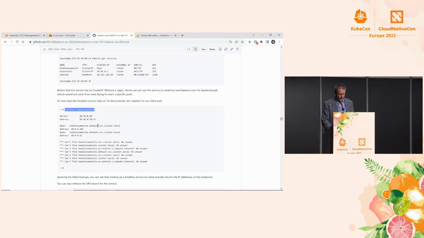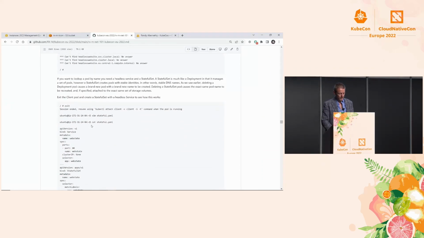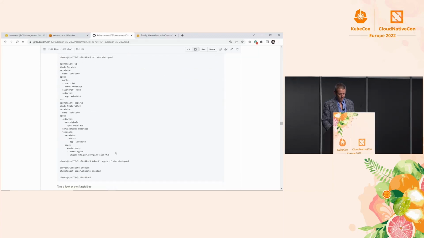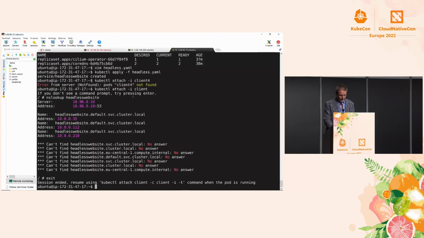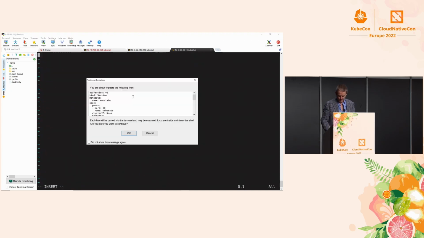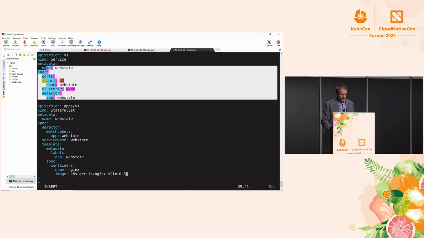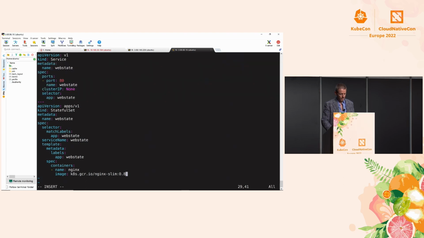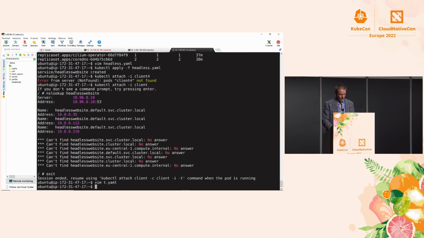But the idea then is to take this to the next level, where we put the headless service on top of a stateful set. So that's this guy down here. Note that a YAML file can have multiple YAML documents. And that's exactly what's going on in here. The first part is our service, so that's just the service without the cluster IP, the headless service. And then this is the stateful set. We're saying, hey, we're going to pretend that these Nginx guys are actually stateful. They're not, but it's all right. And now let's kubectl apply -f that guy.